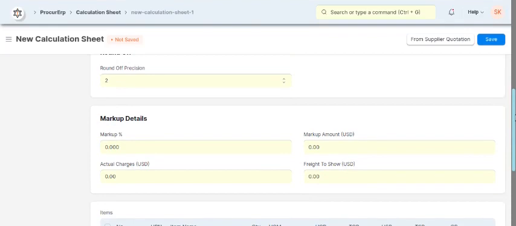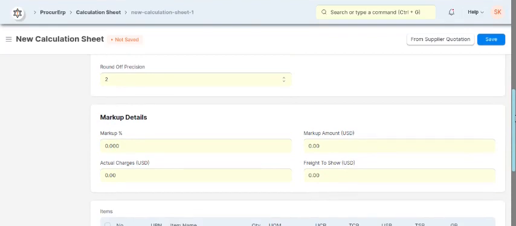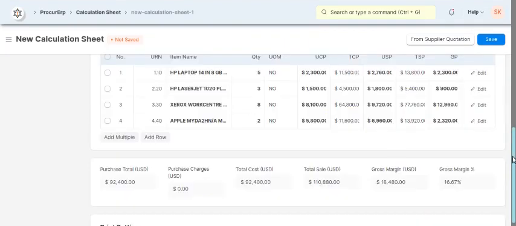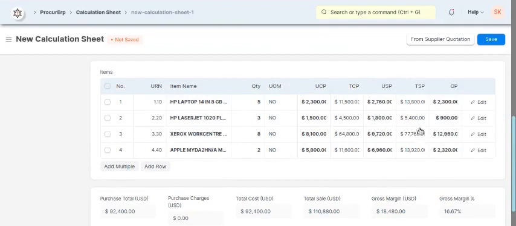Suppose you want to round off the amount or the expected markup, so suppose I am expecting 20% markup. Now if you see, the selling price changed. It will add 20% on the cost price.